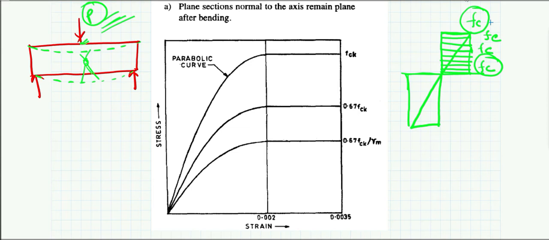But for now you need to understand that as you go on increasing the load, initially it will be a straight line, a triangular distribution. Then as you go on increasing, at a certain point of time the top fiber will reach the yield strength of the concrete, and if you increase more, the fiber below it will reach the FC value, and finally the stress distribution diagram will look completely rectangular. Okay, this is the maximum load that the beam can take before failing, forming a plastic hinge.